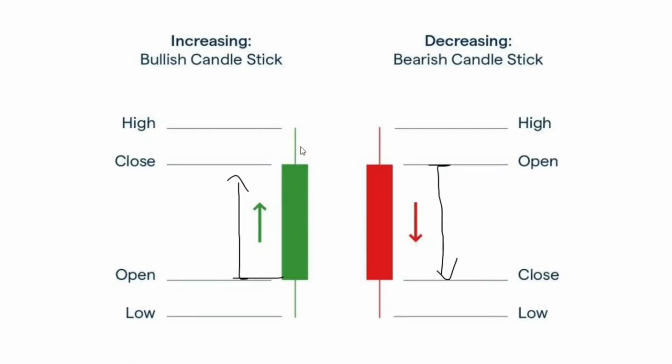In candles, we have two different things, wicks and body. Both of these are very important in candles. Wick represents the price rejection and body represents the price closing or the price strength. So I will go with a simple example of tug of war to make you understand how we can get the idea of how strong the candle is.